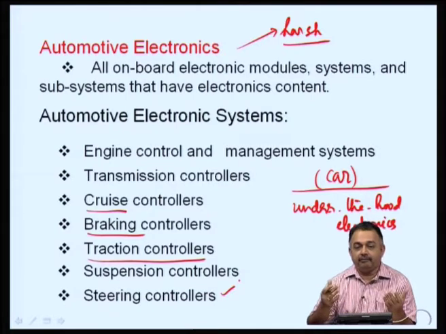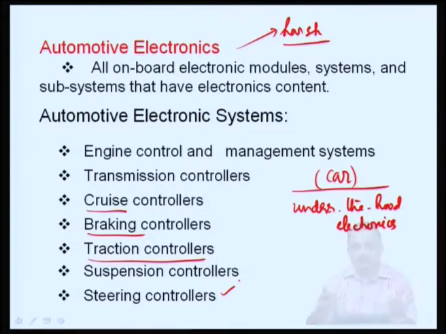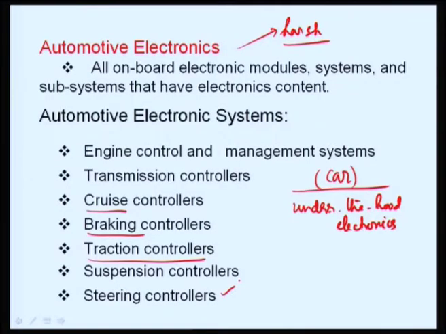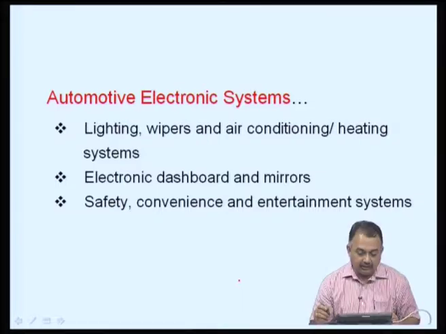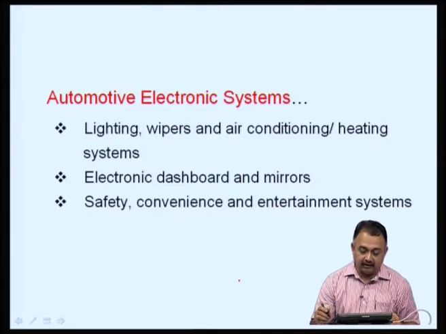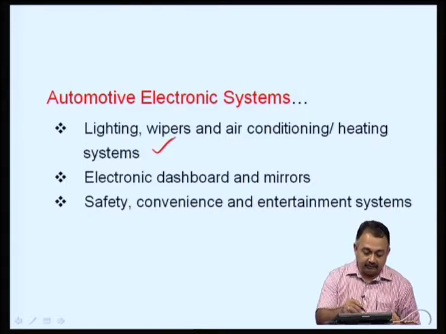In every industry specializing in car manufacturing, they have very high end systems which have these facilities, and these are special requirements. Not all cars require this, but high end systems will need to have this, because there are consumers who require this. Other subsystems in the automotive electronic systems will be lighting, wipers, air conditioning and heating systems,